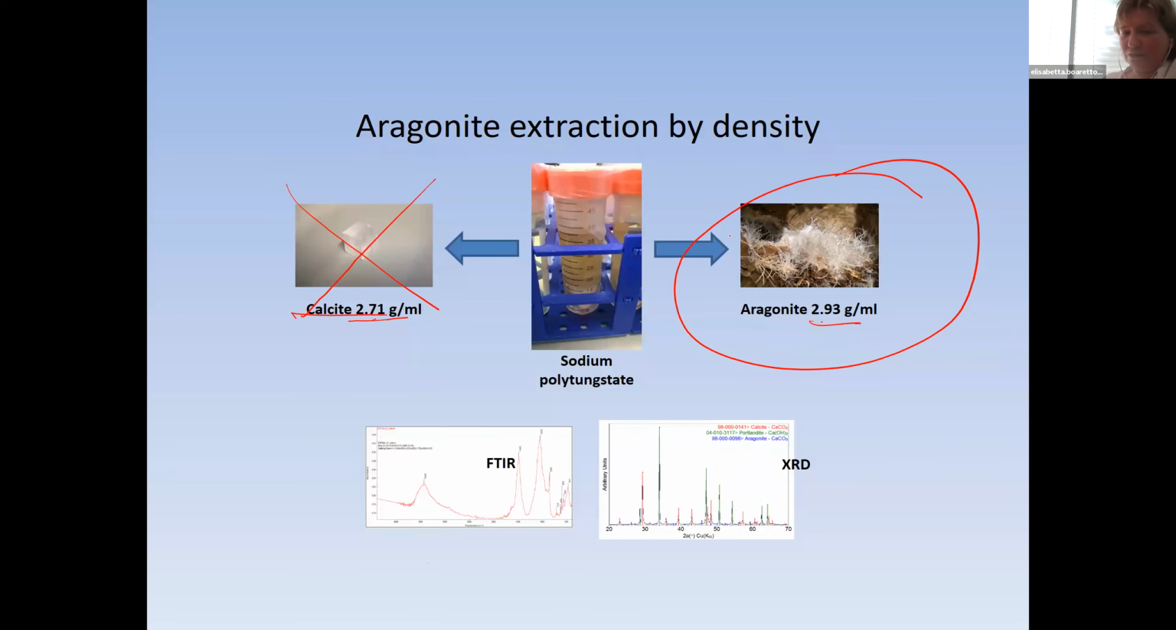date with C14. Of course, this was a new method on a new material, so we needed a known age, an ash layer with a known age by other methods independent from the aragonite, in order to prove that this methodology is correct. Now, by density, indeed, you can separate most of the calcite, but you have